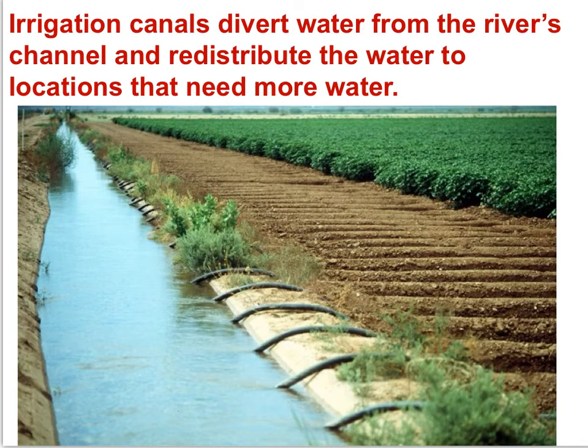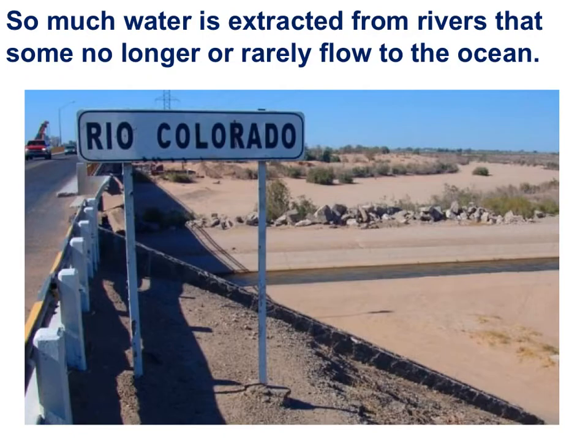Irrigation canals divert water from the river's channel and redistribute the water to locations that need more water. Now be thinking, what's the impact? Is it increasing rates of extraction with a reduction of storages? Is it a redistribution of water in canals and dams? Is this influencing the rate of evaporation or infiltration or runoff? Or is this influencing the quality of runoff? Pollution. In certain situations, so much water is extracted from rivers that water no longer or rarely flows to the